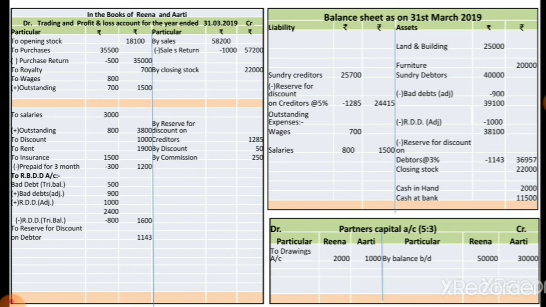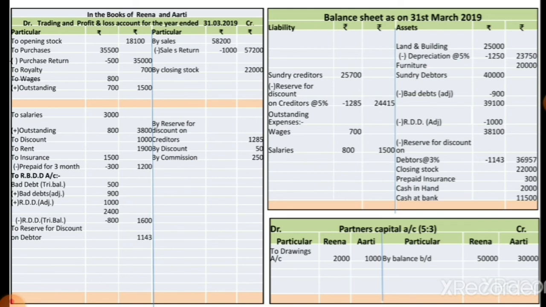So we get the 3 months amount of rupees 300. So the balancing amount is recorded on the outer column, that is 1200. That 1200 is our current year's insurance. So 300, that is prepaid, we deducted from that. And the second effect of that, we recorded on the asset side, that prepaid insurance is a current asset, so that's why it is recorded on the asset side. Prepaid insurance, directly in the outer column we record rupees 300.